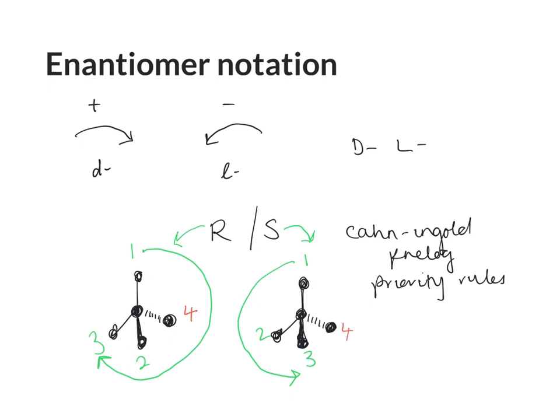So the plus and minus, the small lowercase d and lowercase l, these are to do with which direction the plane polarised light is rotated by one of the enantiomers. The R and S, and the D and L as well, with the small caps, are to do with the configuration, the groups that are around the chiral carbon, but the R and S has a little bit more of a system to it. So it's Cahn-Ingold-Prelog priority rules. Make sure the lowest priority is pointing away, and then find out which direction you would go around the molecule to go from 1 to 2 to 3. If you go to the right, it's rectus, which is R, and if you go to the left, it's sinister,